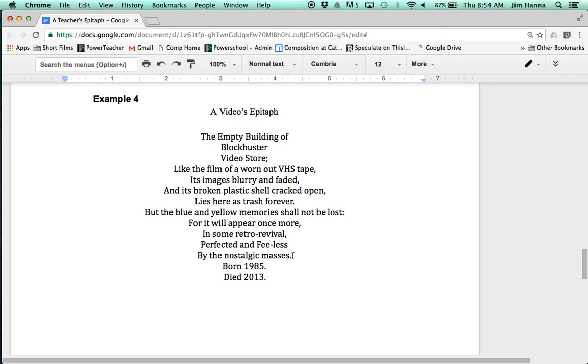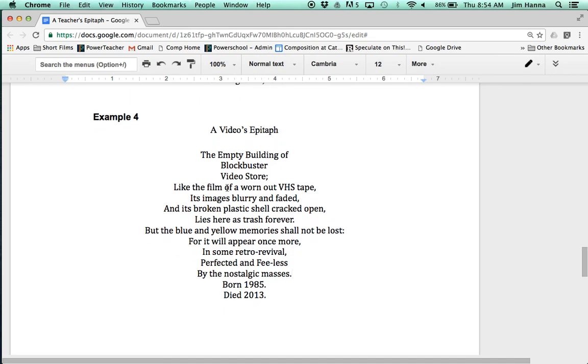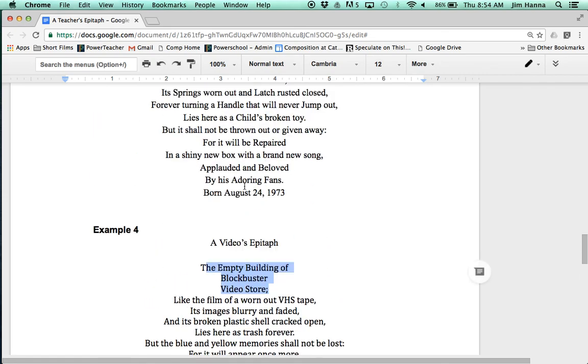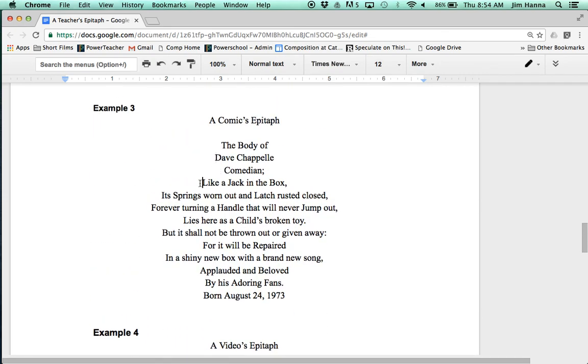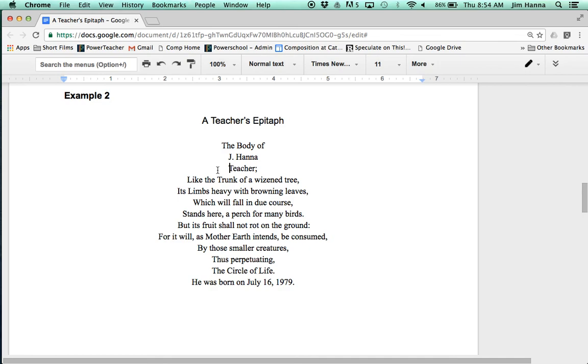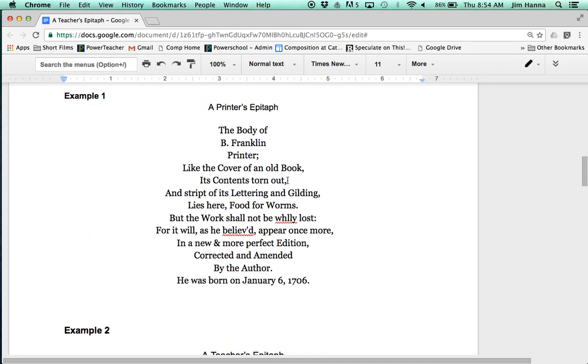So, okay. There are our three examples. We've got a video's epitaph comparing Blockbuster to a videotape. We've got Dave Chappelle being compared to a Jack in the Box, right? So a comedic, entertaining toy being compared to a comedian, and then a tree and a teacher. Okay, so again, you can look at these on your own with some more time. I'm going to stop talking here and let you get to work so that you will produce